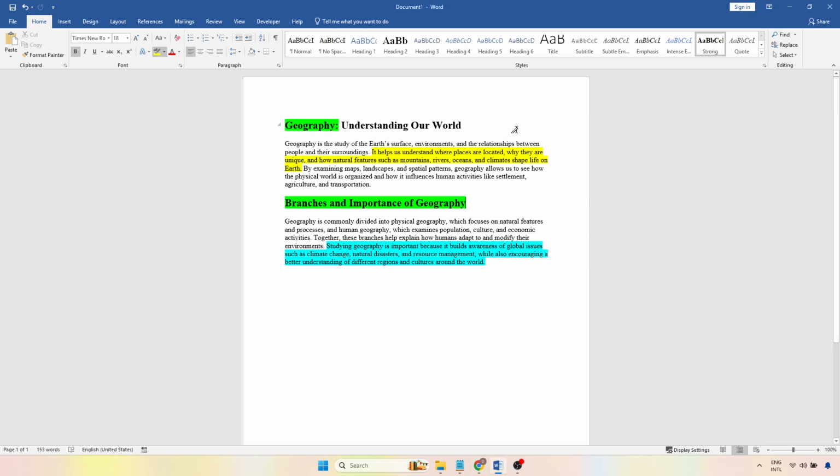You can do this by clicking and dragging your mouse over the highlighted area until it is fully selected. This method is ideal when you only want to clear highlights from certain parts of the document while leaving others unchanged. If your document contains highlighting throughout and you want to remove all of it at once, use the keyboard